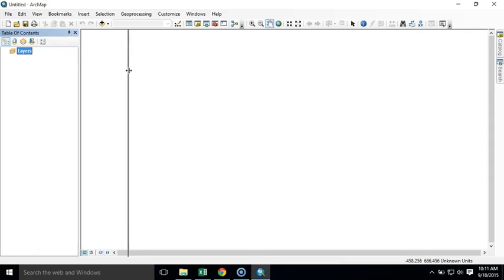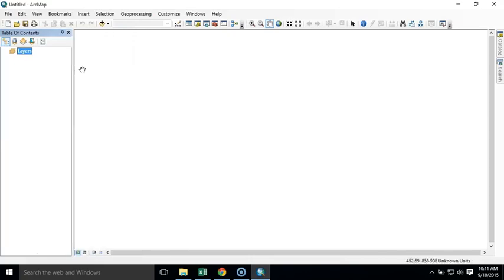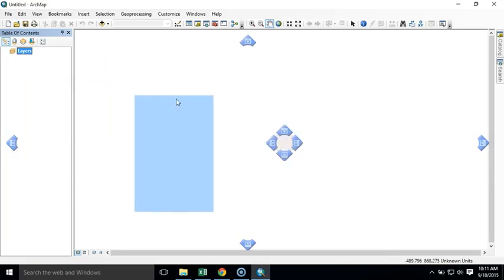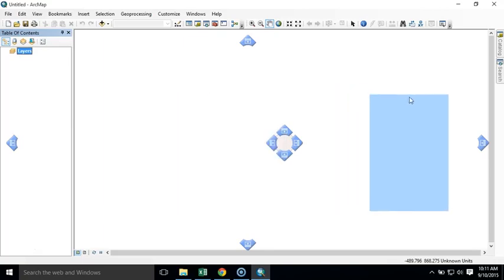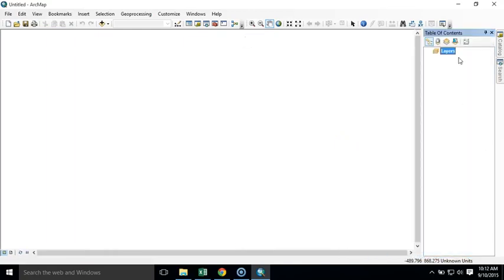I can change the size of panes by hovering over them and dragging. And for those of you who really like to customize your interfaces or who have different sized monitors, you can click and drag to pull the pane off of where it is now and dock it to somewhere else. And there are multiple options for this. I'm not going to cover them all right now, but the most common ones are to just dock it to another side. And if I bring it over to this blue button here, it'll dock it to the right side there,